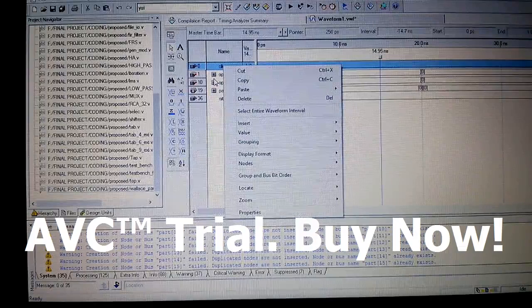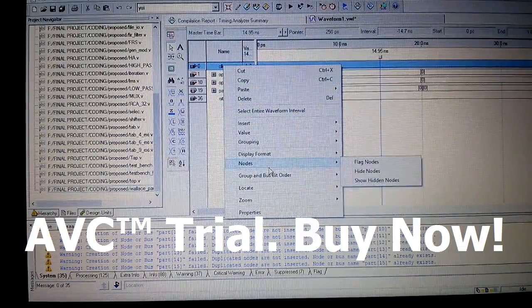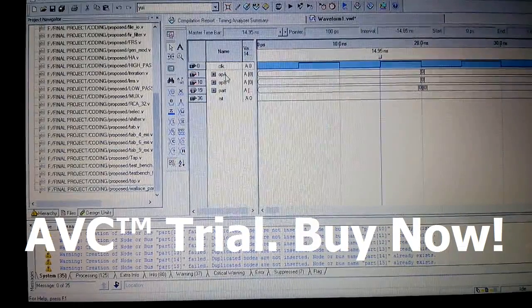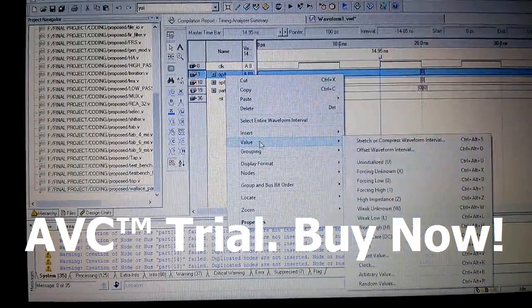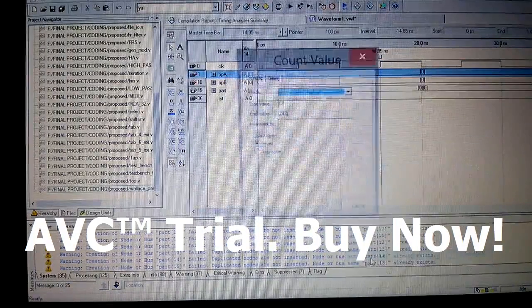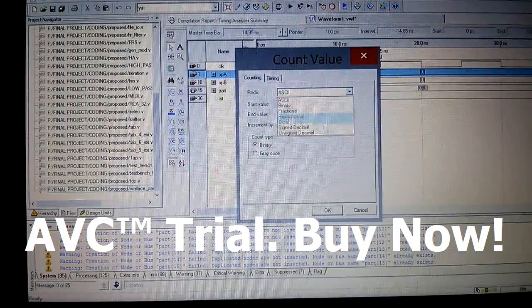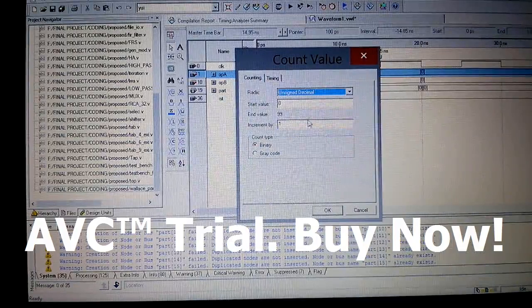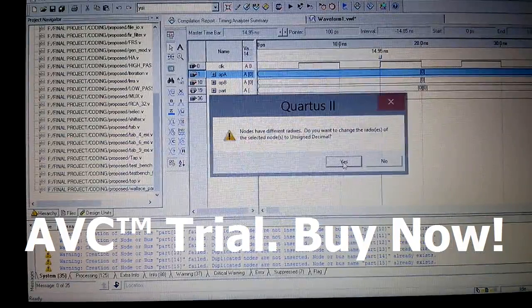Each time we can set different values for input. Now we give the clock signal pulse. Now we give the input value, and we have to set the radix as unsigned decimal.